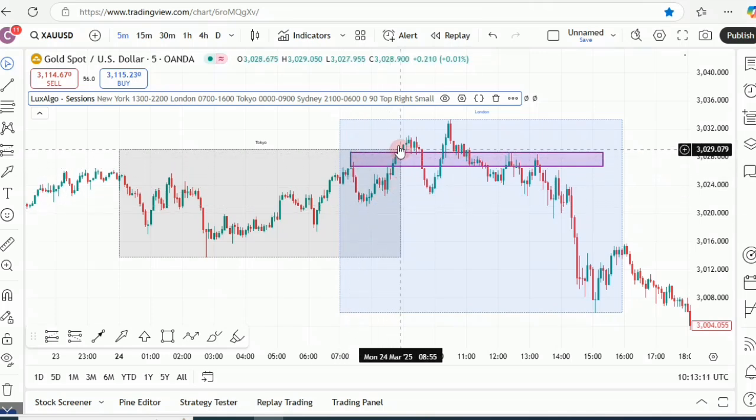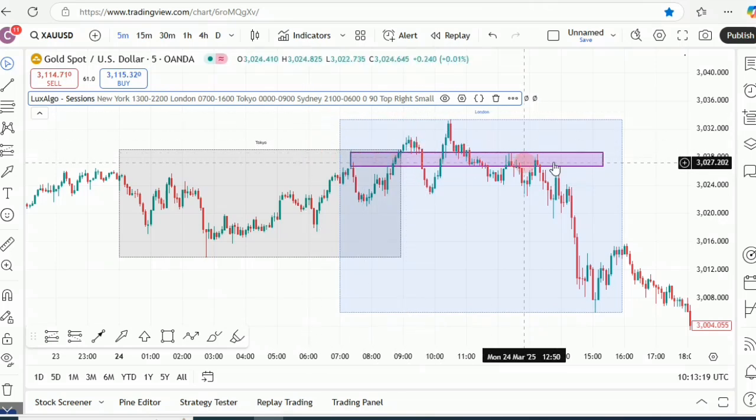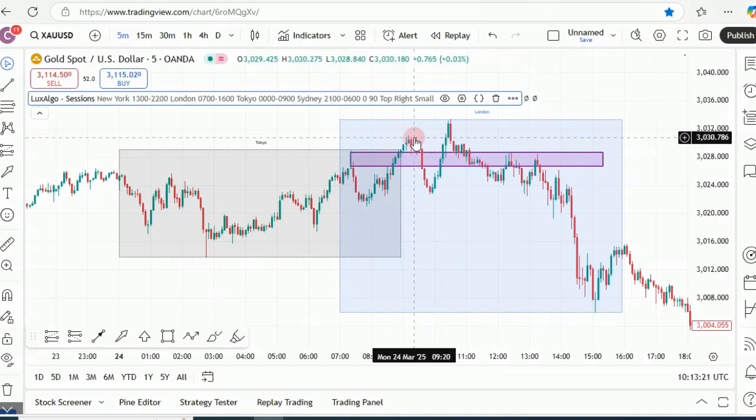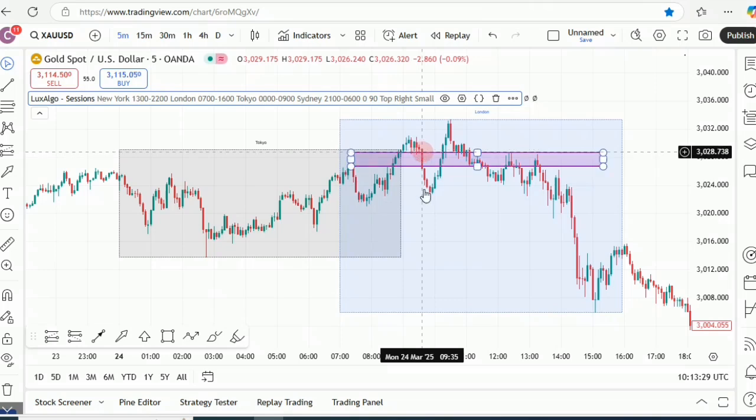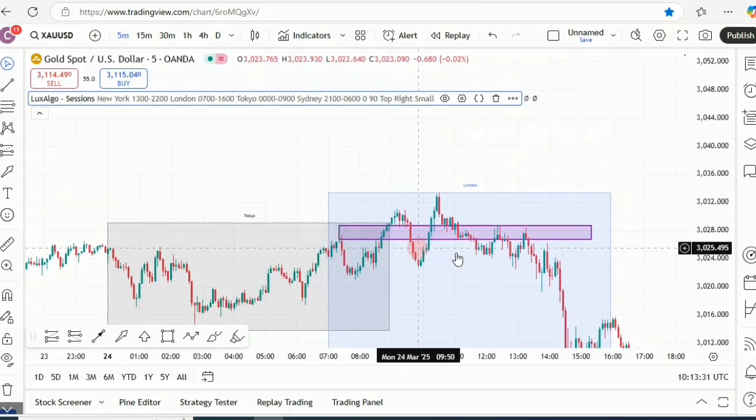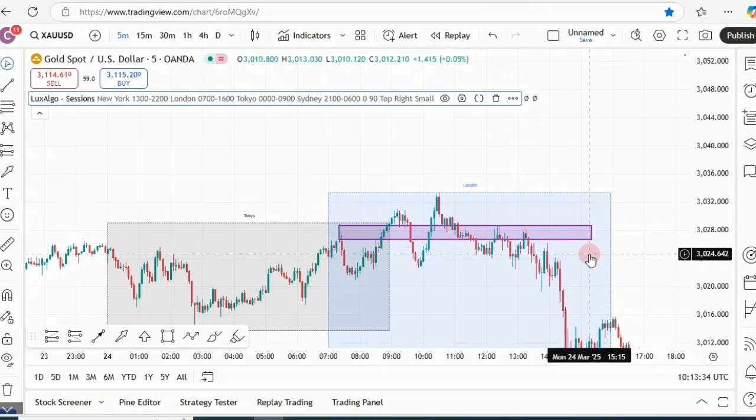So when price got outside the Tokyo session, when the Tokyo session ended, price went up, right? But you see where our rectangle is, so that is why price now came back again. So that's why we say this strategy is best for what? For scalpers. Sometimes it might take a very long time before it comes to that key level once again, but